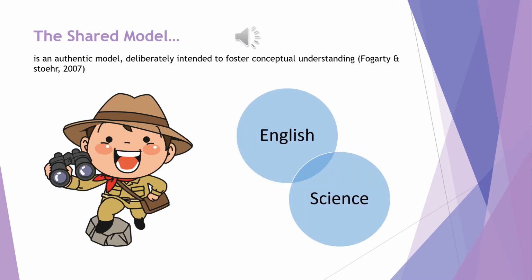Imagine looking through binoculars and you have your two distinctive disciplines. However, these disciplines have mutual concepts being taught. Take, for example, science and English units. In both subjects, the children are exploring ducks as a theme. In English, students are building field knowledge of ducks to assist them with their assessment task of creating a narrative